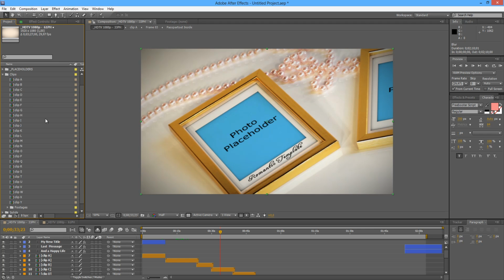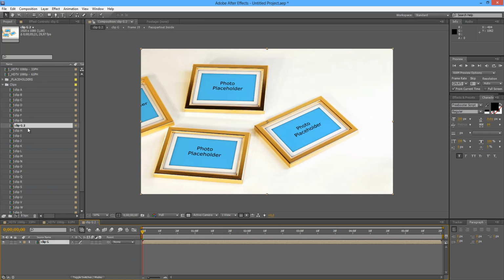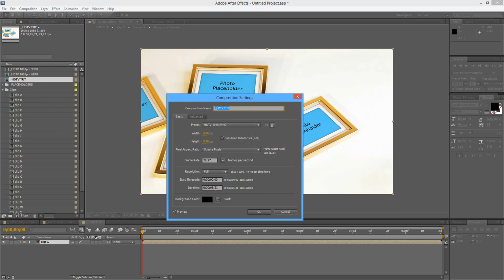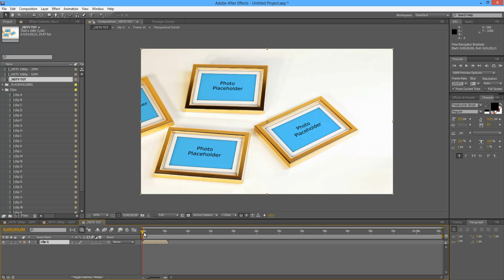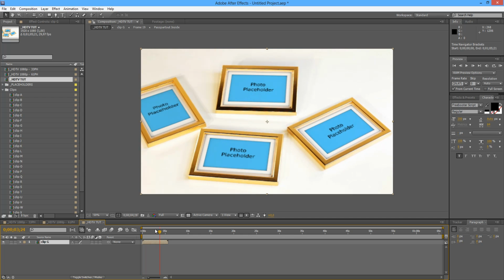just by going to the clips, and let's say you want clip G first. So let's make a new composition here. I'm going to rename this to HDTV tut, and I'm going to drag it over here. I'm going to increase the duration just as an example, and okay, so we have the clip G,